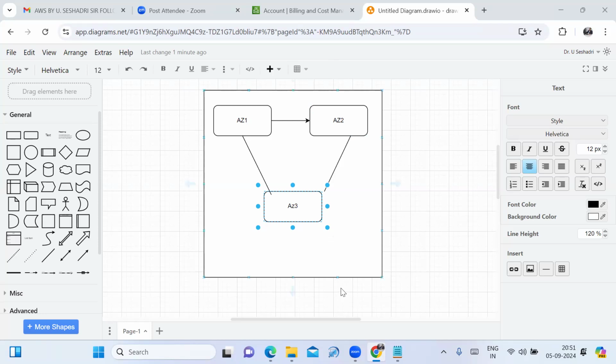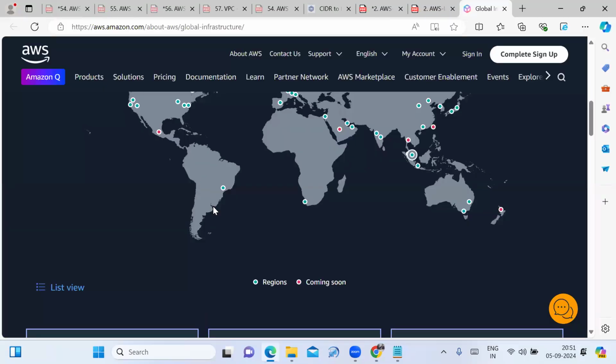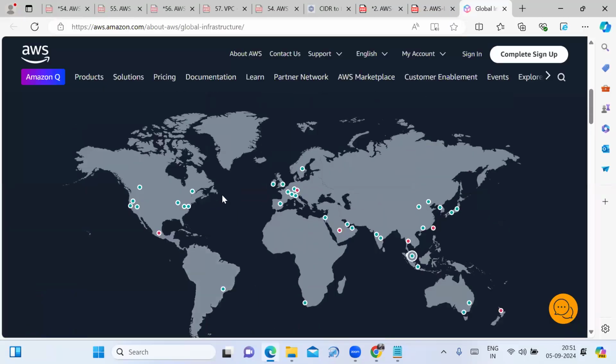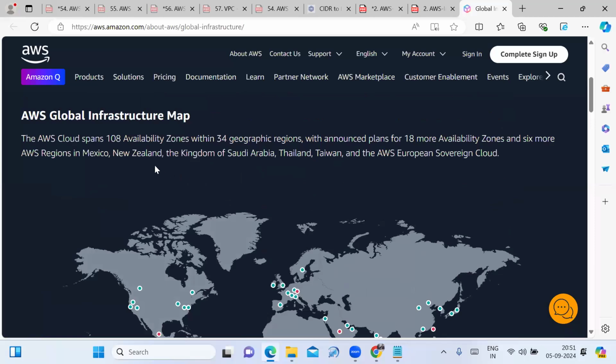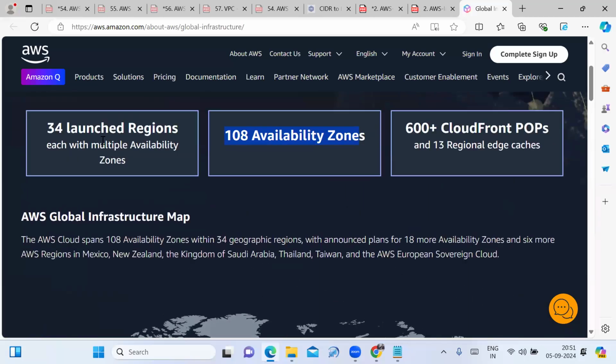So that is the reason they are introducing multiple availability zones in each region. See that? In 34 launched regions, each region can have multiple availability zones. Right now, the total is 108 availability zones. In Mumbai region, 3 availability zones. If we take the North Virginia region, the maximum is 6 availability zones.